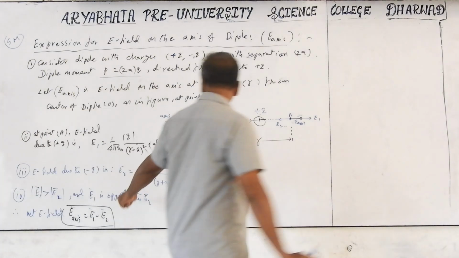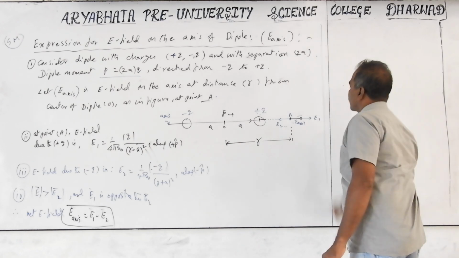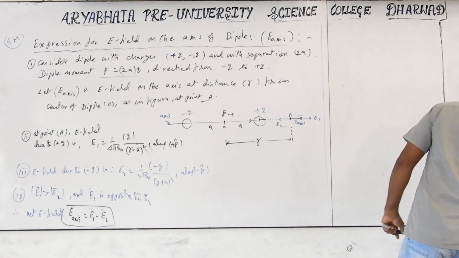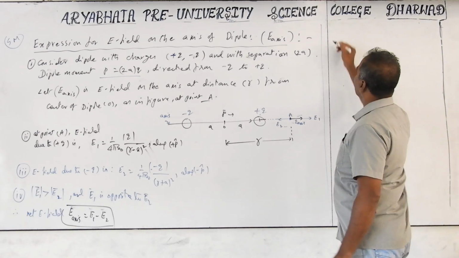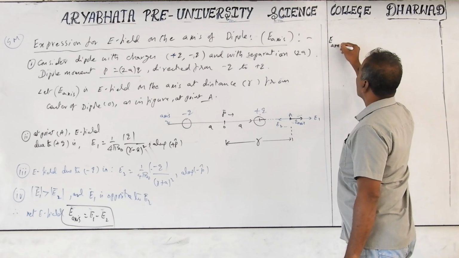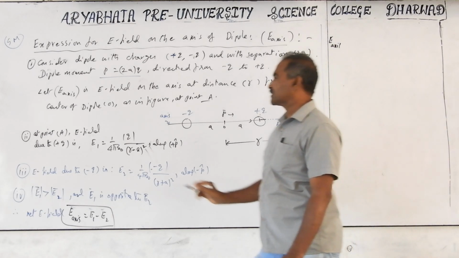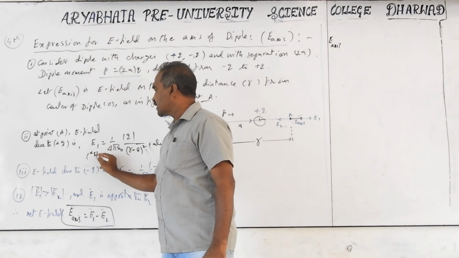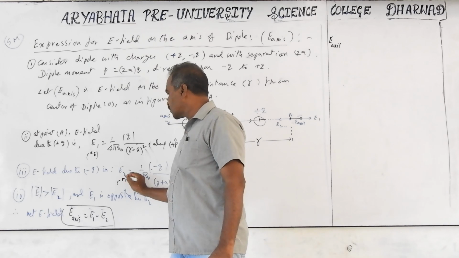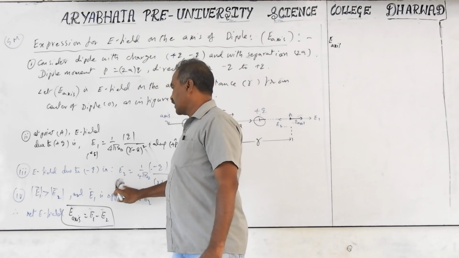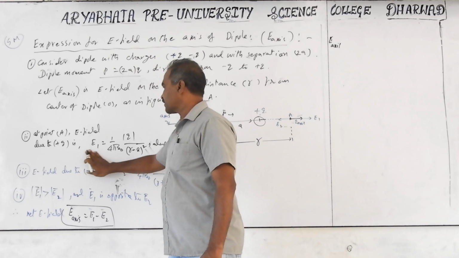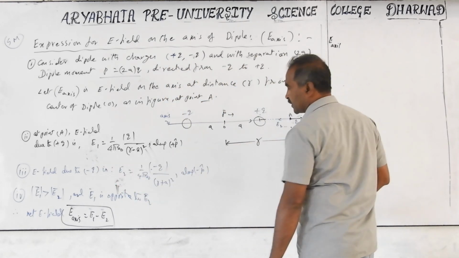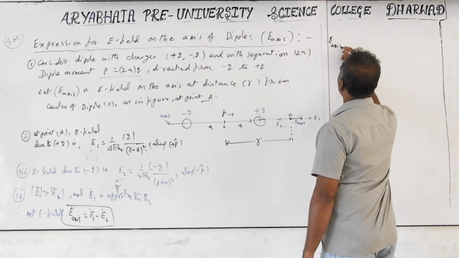So what is the resultant field? Substitution you have to take. Net field E net becomes equal to E axis, the resultant field. In your textbook they mention E1 and E2 as this because of the plus Q, but it is not compulsory to mention, because it is already mentioned here. Because of plus 2, instead of 2 E2 they mentioned a minus 2. But I mentioned it on the outside, so it is not necessary to mention here. But you have to be careful with that answer: R plus A which you are taking, R minus A where you are taking. So E axis is the resultant field, nothing but equal to